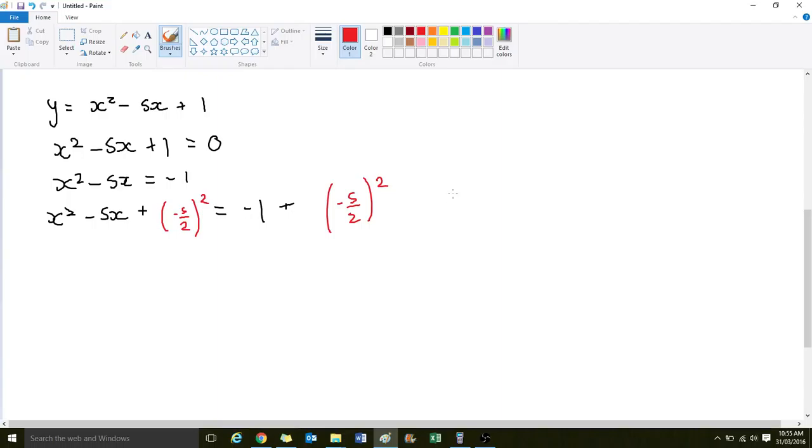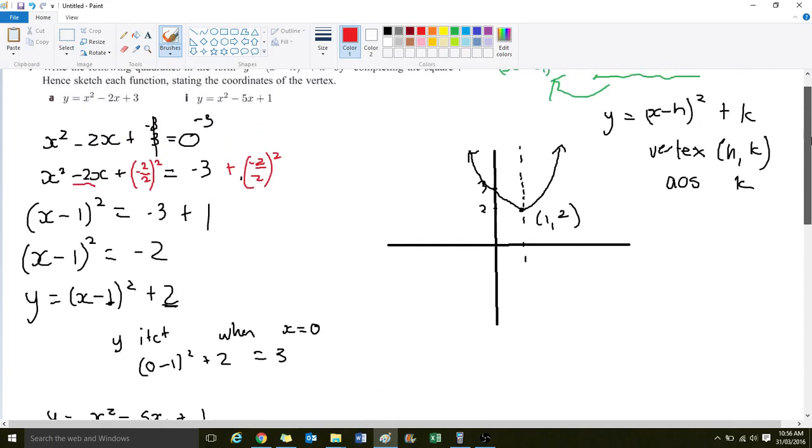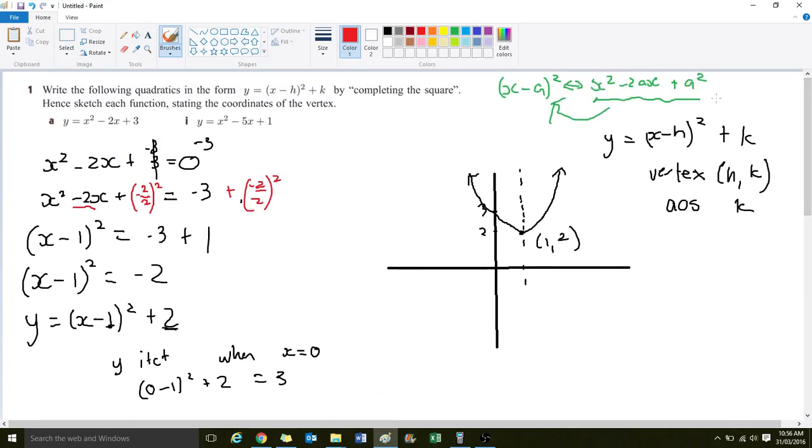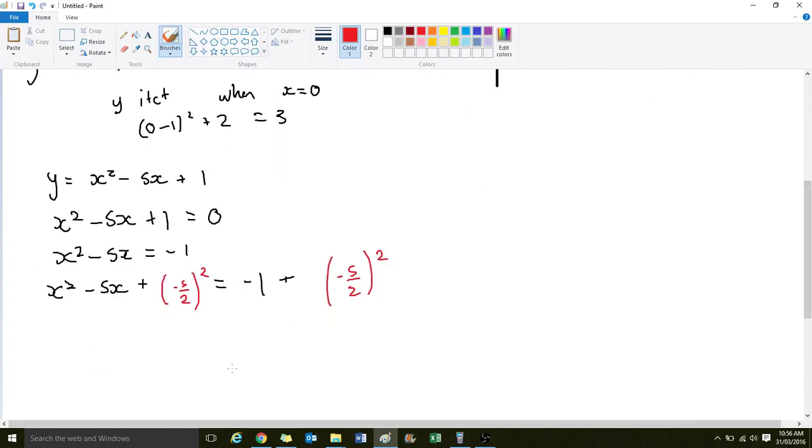Okay, and if we remember our perfect square rule from before, basically when we're completing the square, that's what we're doing. We're setting it up so that we can write it in the form x take a squared. So again, this form up here in the green, we're going from that back to here. And in this circumstance, a is just going to be 5 on 2. So what we have is x take 5 on 2 squared, and that is equal to minus 1